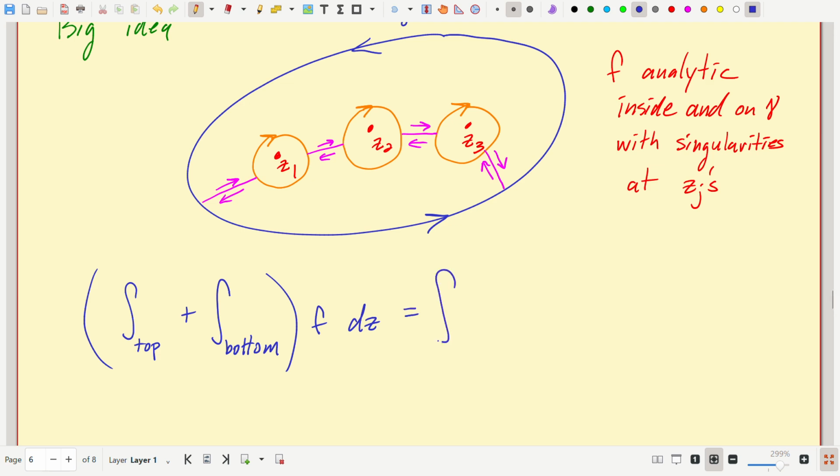That would be the integral around gamma of f dz. That's usually the part I want. And then the pink cuts would cancel because they're going in opposite directions. Those integrals would cancel, and all those other ones would be minus. So I'd get minus, let's call this one radius rho 1, this one rho 2, this one rho 3. Those are going clockwise. So those would be minus a sum as j goes from 1 to 3 of the integral around c rho j